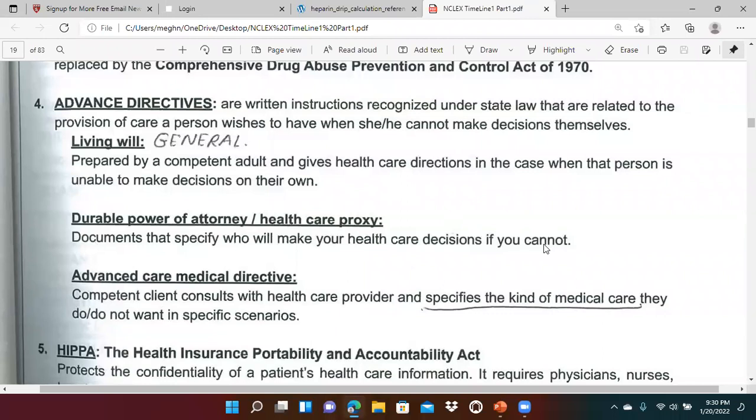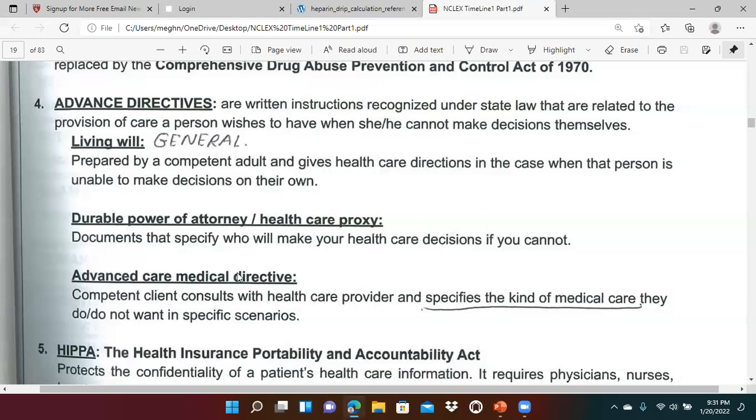So a general durable power of attorney, or as I said healthcare proxy, authorizes someone to act in a wide range of legal and business matters and remains in effect. So basically, we use durable power of attorney for healthcare,